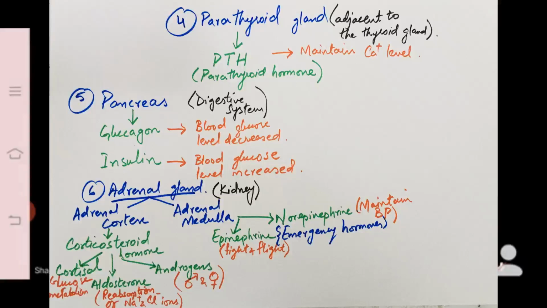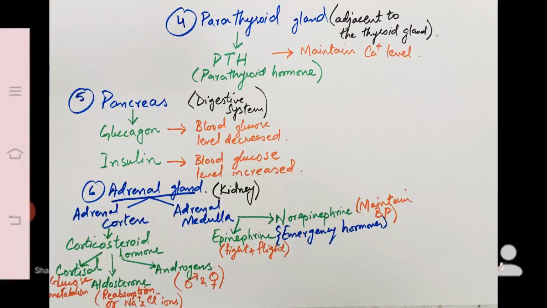The pancreas plays a very important function in our body's regulation of the glucose level. If you remember, we have studied it in previous classes. So the pancreas secretes glucagon and insulin, the two most important secretions of the body. Both glucagon and insulin regulate the blood glucose level. But what is the difference? How is glucagon different from insulin?